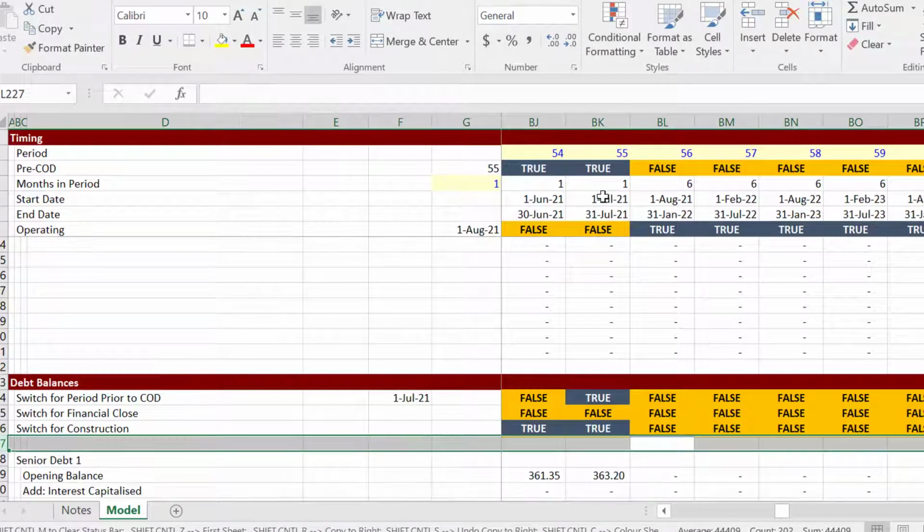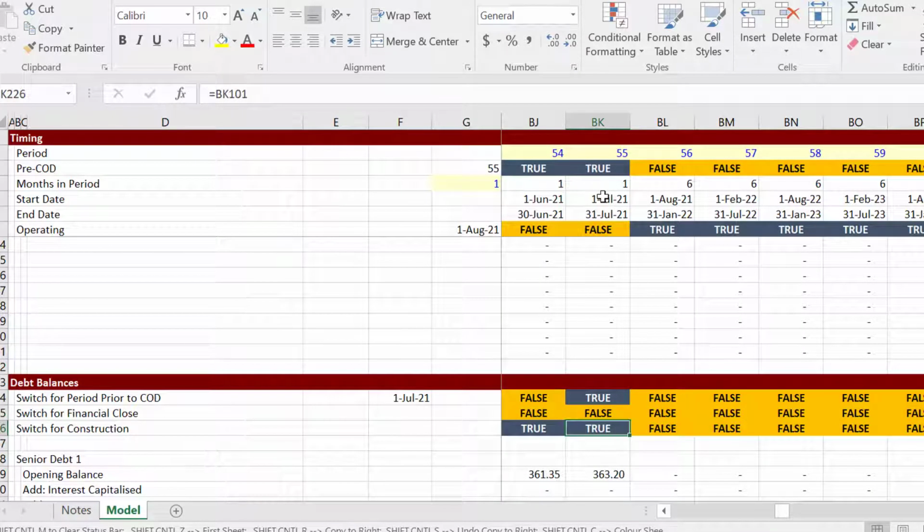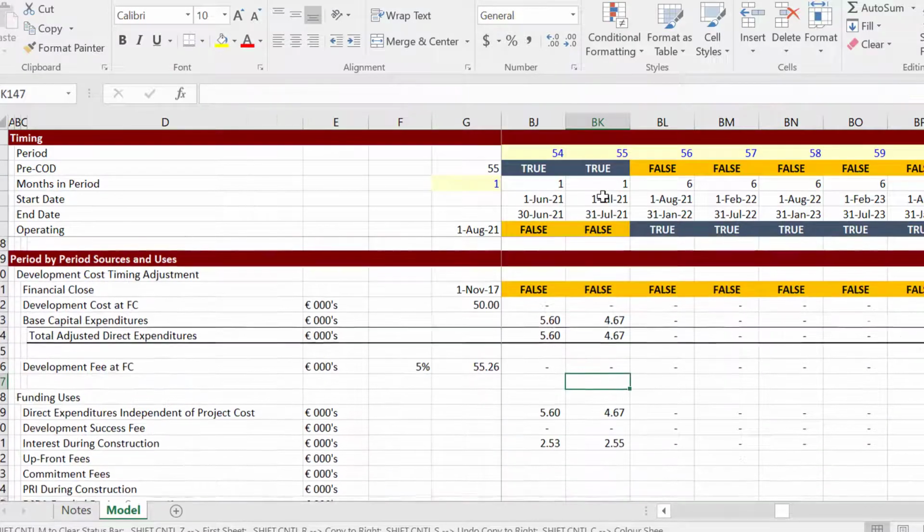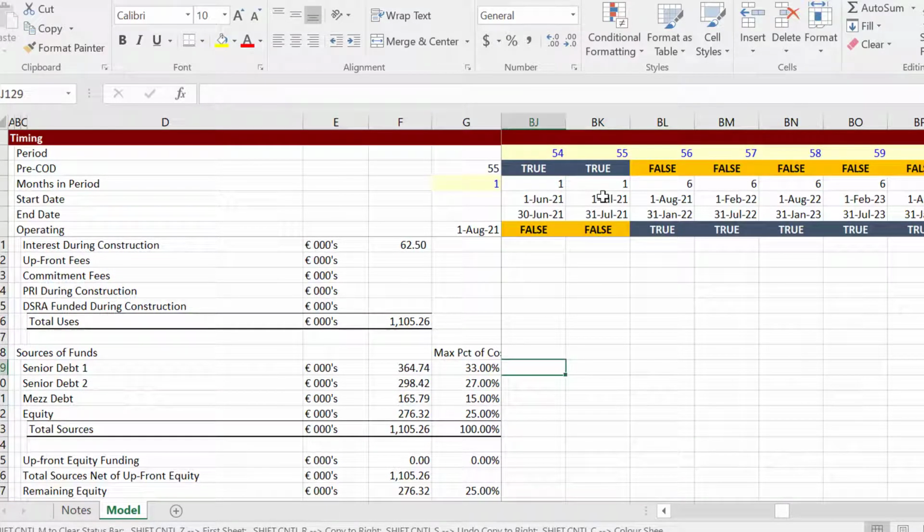Why don't we put the closing balance? Why don't we put the period before the COD? That would be much better. And take the amount we refinance at COD. That's our closing balance. So all you do is up here, you put a function, what's in the UDF, or computed. And we put an equal